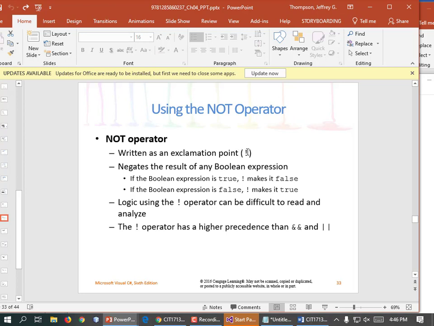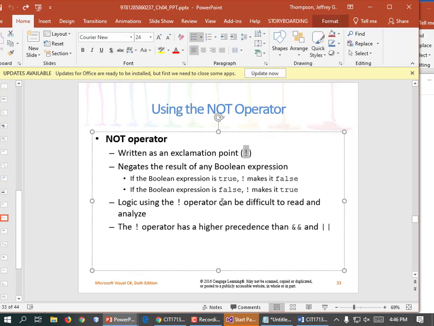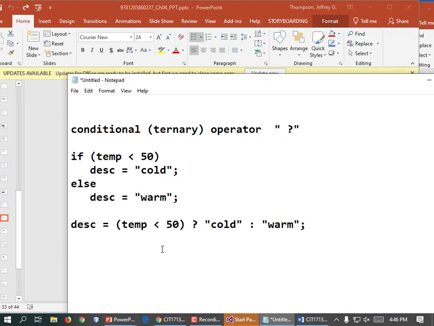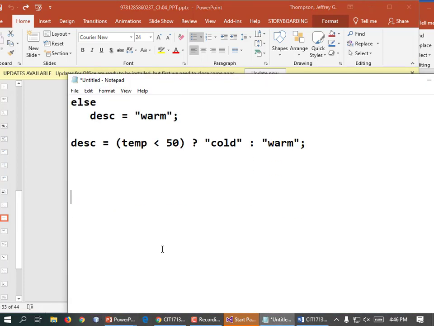The not operator, see exclamation mark. We've already seen and, or. Not just reverses the truthiness of it. If you do this, if parentheses not temperature greater than 50 in parentheses, it means check to see if the temperature is greater than 50, but reverse its value after that. So,